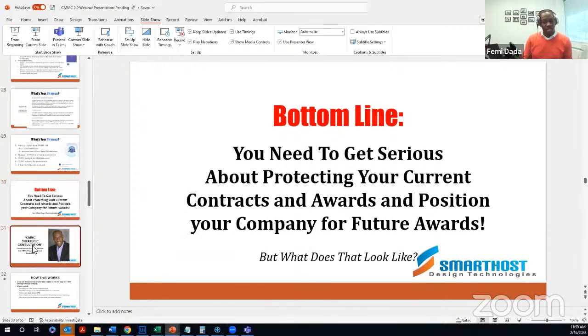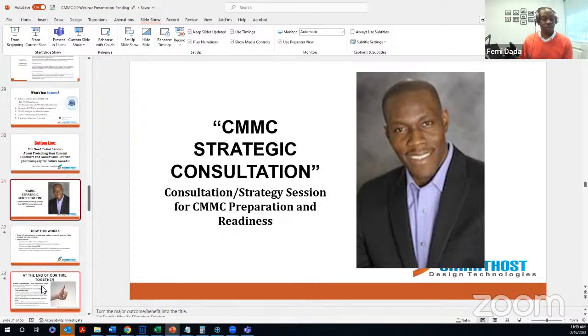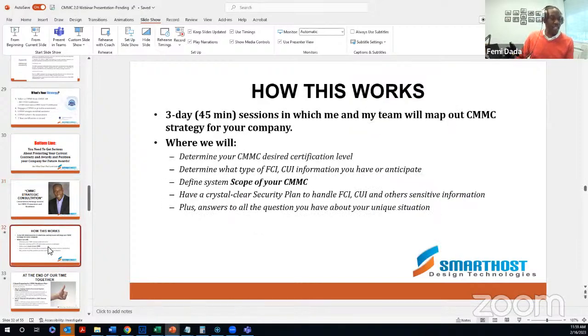The CMMC Smart Host Cyber Shield is really a three-step process. We meet with you, we assess your system, and we help you determine the gaps that you have right now, or even if you haven't implemented anything at all, we'll help with that and come up with what we call a security gap analysis. From that, you will know what you need to implement for whatever level you need to meet. In this case, level 1, which is a self-certification, or level 2, where you get a third-party certification process. This is all broken down into our process.